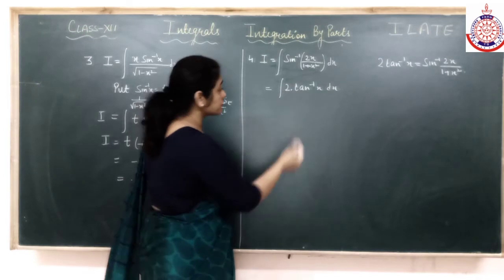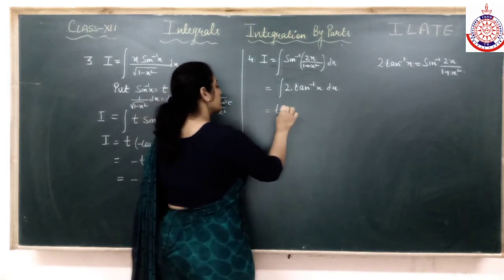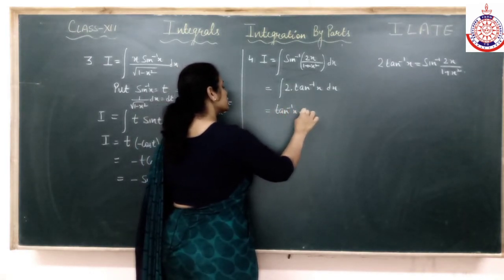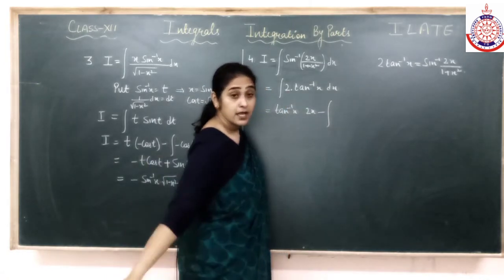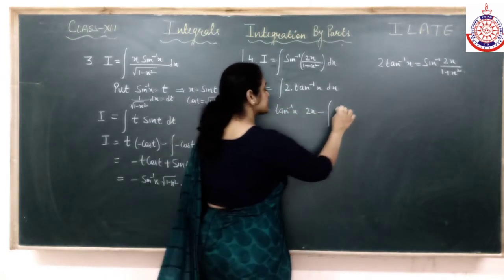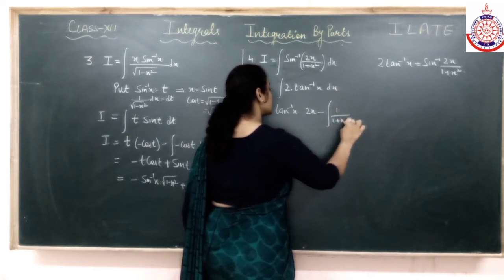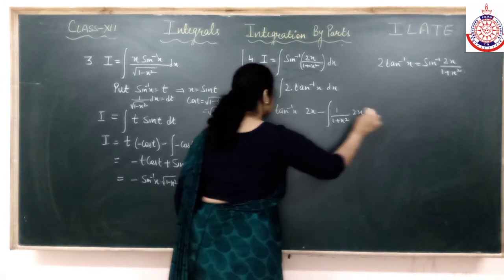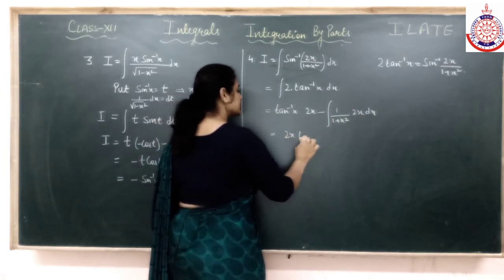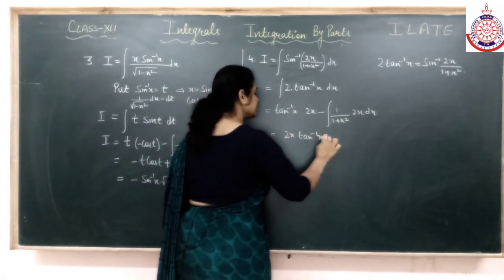Now start integrating. I have one function as 2, one as tan inverse. So tan inverse will always be the first function. First function as it is. Integration of 2 would be 2x, minus differentiation of first. Tan inverse x differentiation is 1 upon 1 plus x square. Integration of second, that is 2x. So 2x tan inverse x, and the integral of